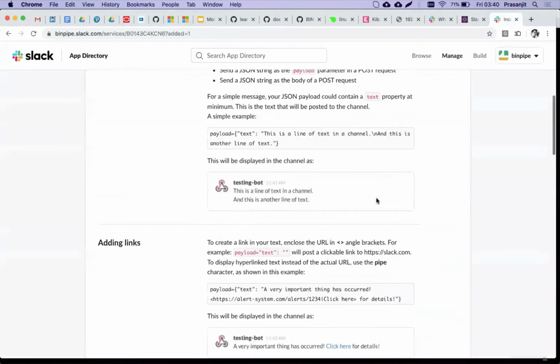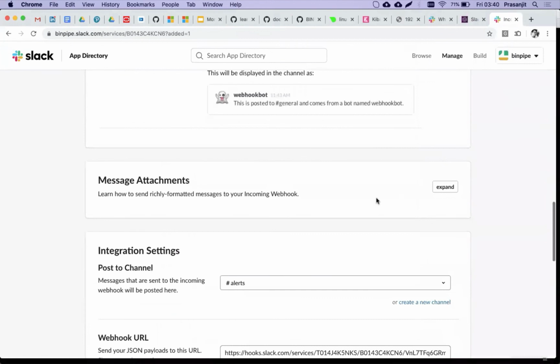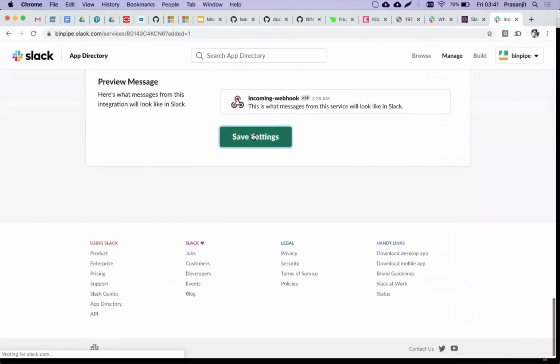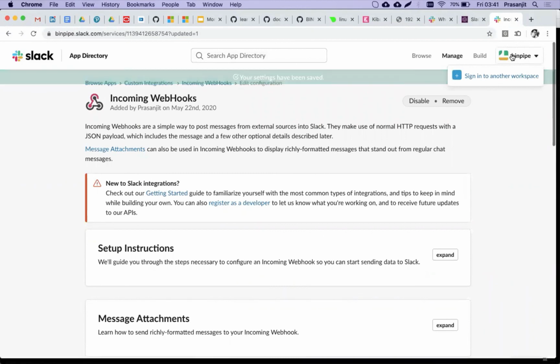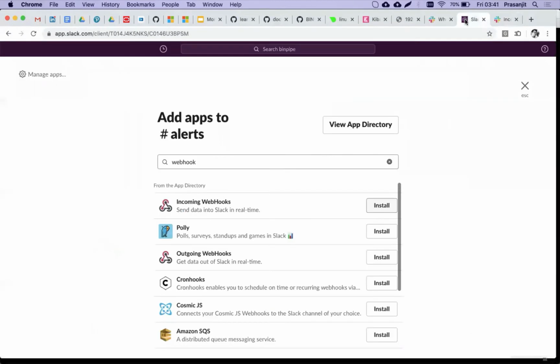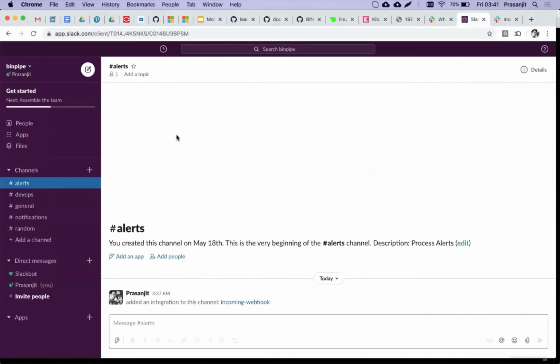So one more step left here. Save settings. Okay, settings have been saved. Now let's go back to our workspace. So here we are, and here you can see that I have added an integration called incoming webhook. So that's fine. It automatically alerted that this is the thing going on. And now